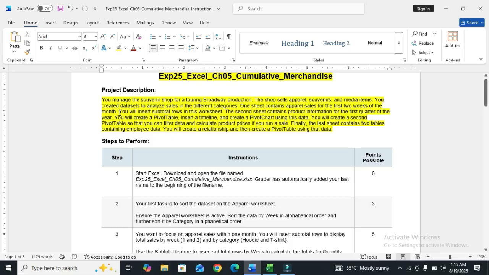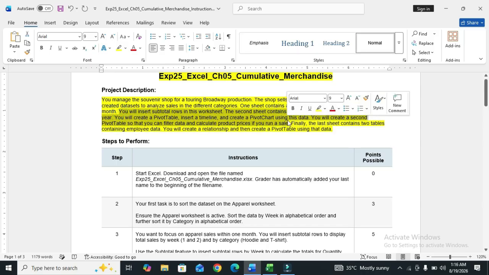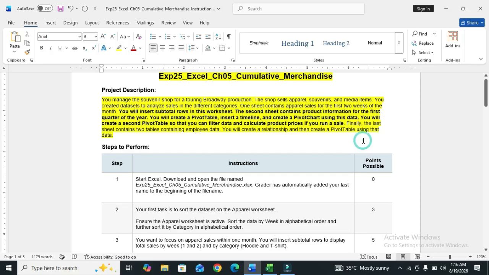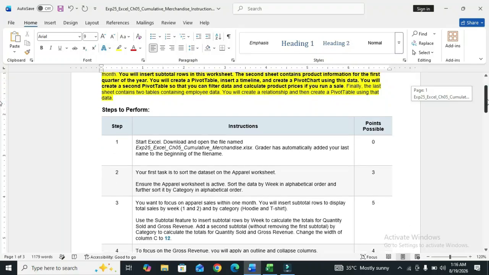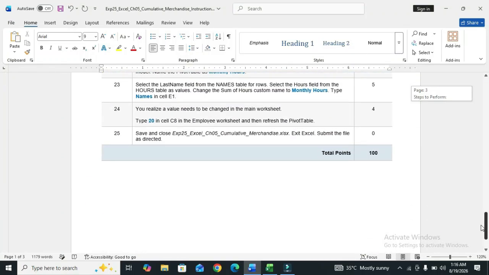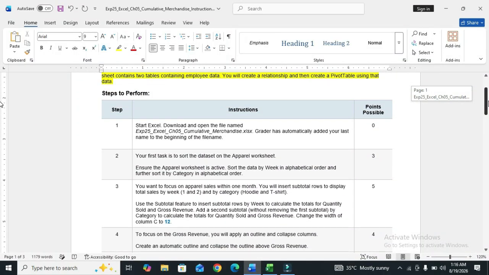Highlighted things need to be done in this assignment, so stay tuned. So we move to the total project steps. Total project steps is 25. So we move to step number 1.